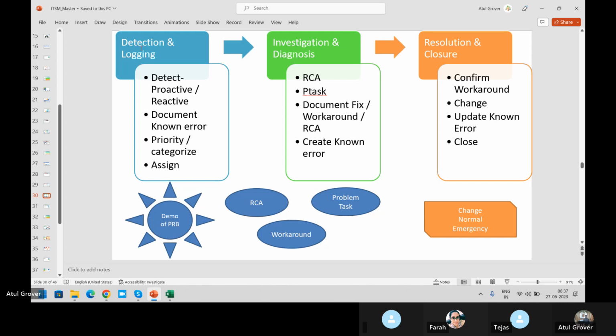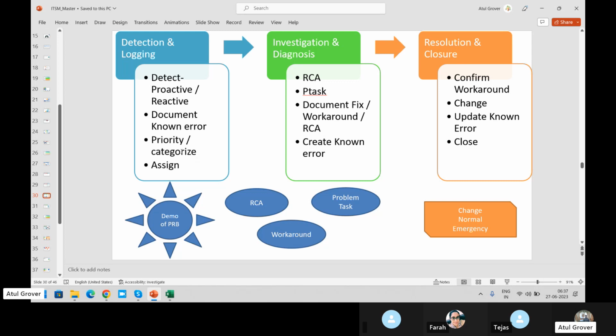Reactive: someone calls, sir, there is a clogging that happened. Then you come and clean it. It's reactive. Okay, in this part, we detect either by proactive or by reactive. It's up to you. Then we document the known error. Is there any known error for this problem?